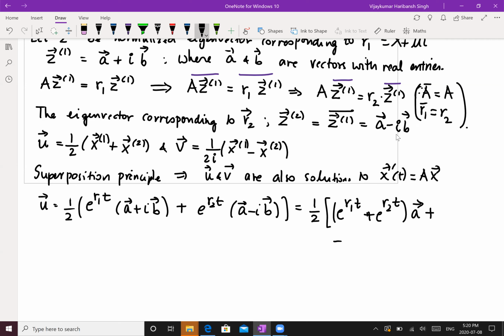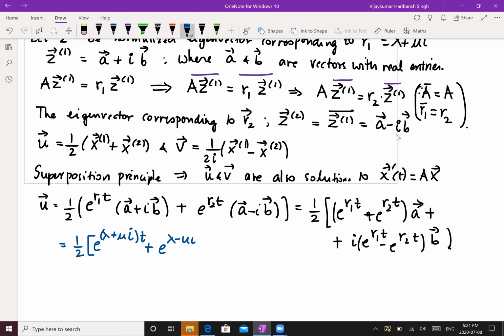So I'll write it down here at the bottom. So it will become e to the power i times e to the power R1 minus e to the power R2 t into vector B. So let's simplify. We see that this will become half. Now, what is e to the power R1 plus e to the power R2? If you look at that, it's going to be e to the power (lambda plus mu i) t plus e to the power (lambda minus mu i) t times vector A